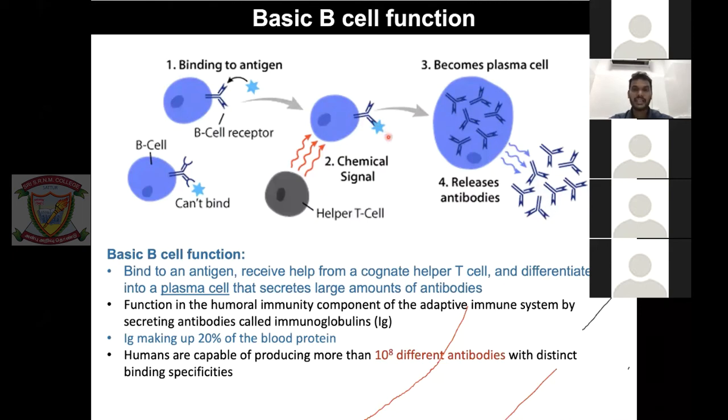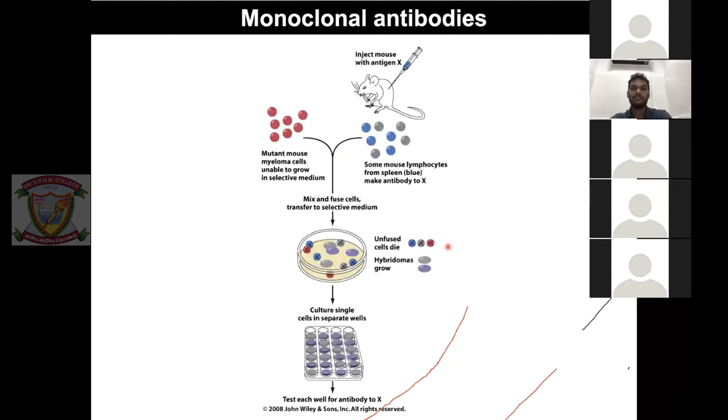The moment this recognizes, this B cell converts into a plasma cell. So now this is the maturation process, the differentiation process. Once this is differentiated, it makes more and more copies of these antibodies. So these antibodies will be released inside the blood. Once they are released inside the blood, what will happen? Any bacteria or any infectious pathogen getting in, these antibodies will go and bind to them, and then it will lead to the killing of those pathogens. So this is exactly how antibodies are produced inside our body, and then delivered for protecting ourselves from the majority of infectious pathogens. So fine, okay, our body is producing, that's all right.